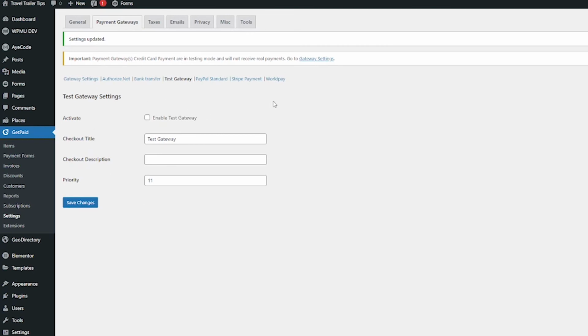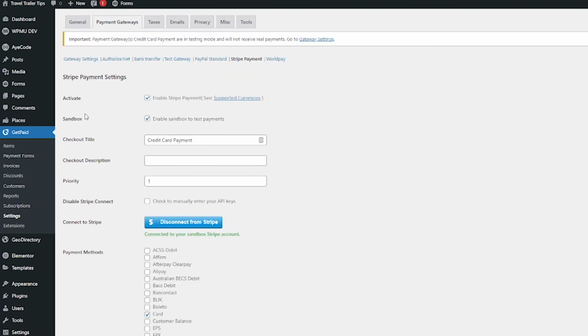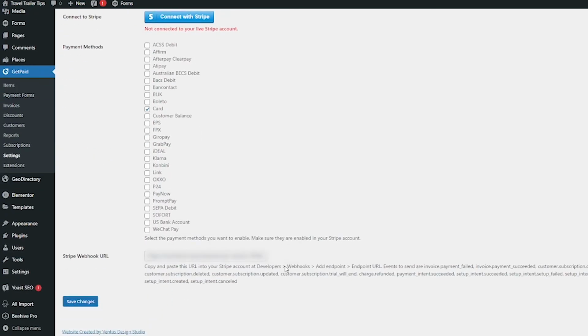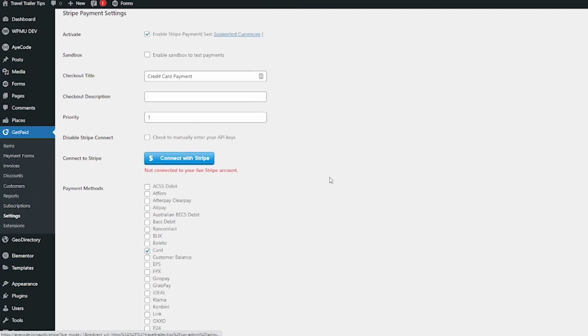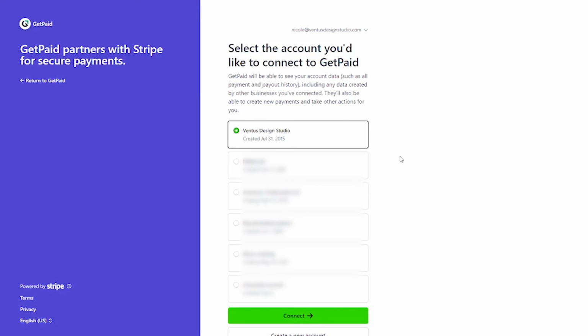And now that we're here, we're going to pop over to Stripe Payment, and then we're going to uncheck Enable Sandbox. And we are going to have to connect to Stripe again. So while we're here, scroll down, copy your webhook URL because we're going to need that. We're going to have to do it again for the live version of your Stripe account. And then click Connect with Stripe again. Choose your account again and then click